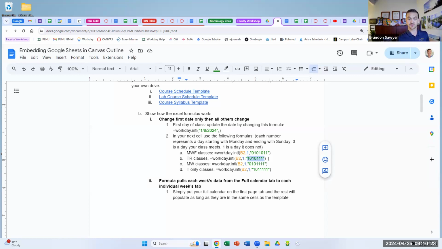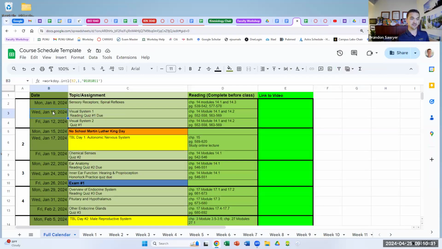So if you want to do a Tuesday, Thursday class instead, your formula should look like this. All you have to do is take this formula, starting with the equal sign, and paste it into this cell right here. Paste that formula in, it replaces it, and then all you need to do is drag down this formula like this, and it'll go all the way down and change that whole thing to a Tuesday, Thursday setup. Obviously, you'll have to change some of the